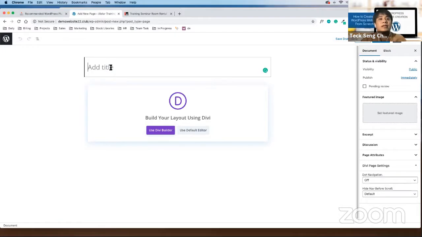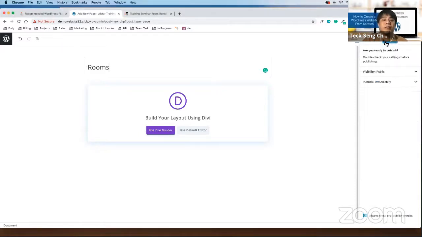Title, just enter rooms. On the right hand side, same thing, click on publish.